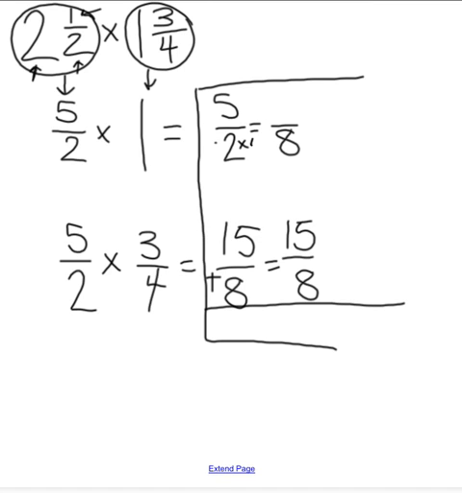I multiplied 2 by 4 to get 8. So I must also multiply 5 by 4 because whatever I do to the denominator, I must also do to the numerator and vice versa. 5 times 4 is 20. All right. Now I'm adding 20/8 plus 15/8, and my answer is